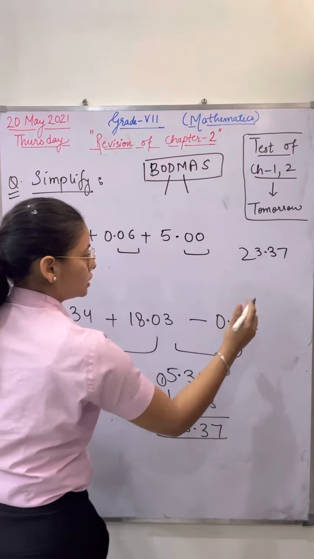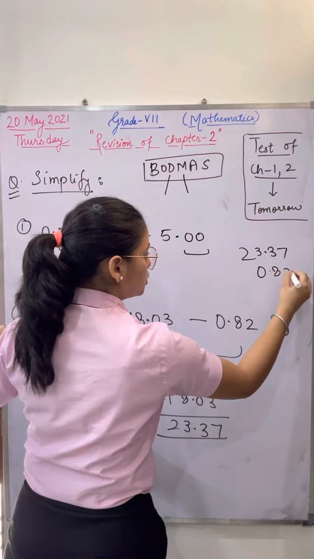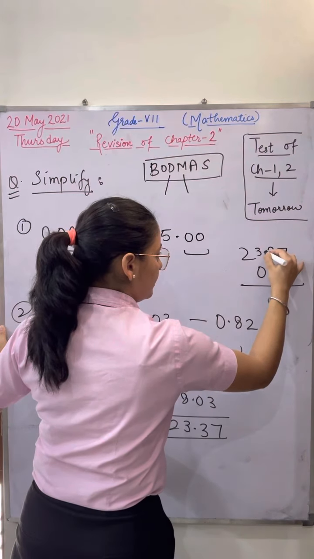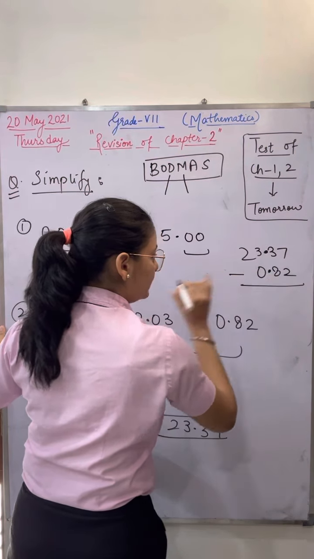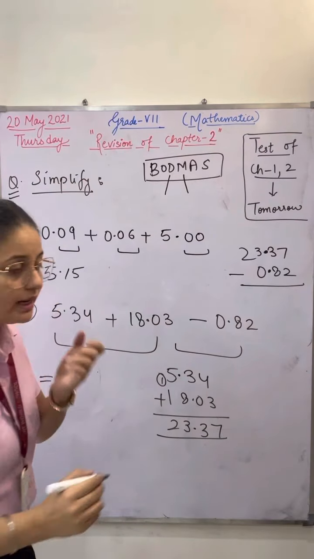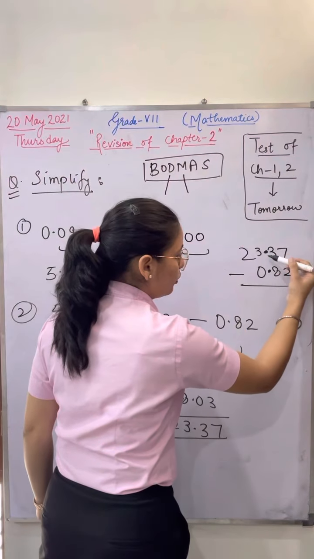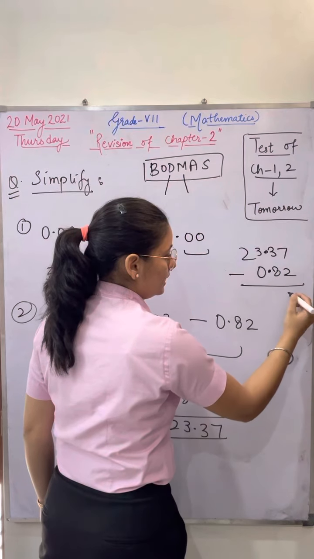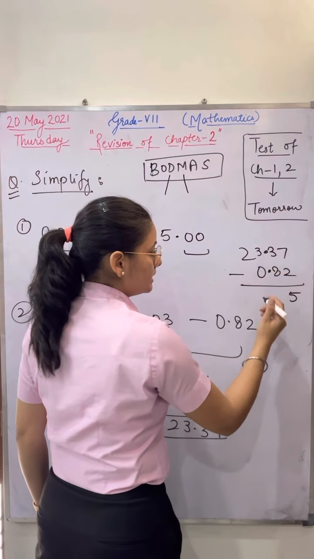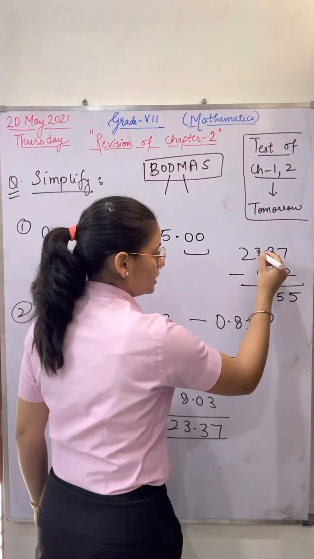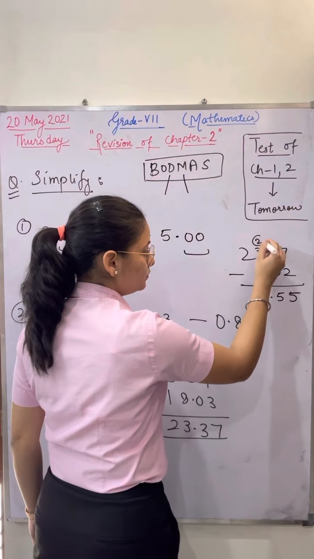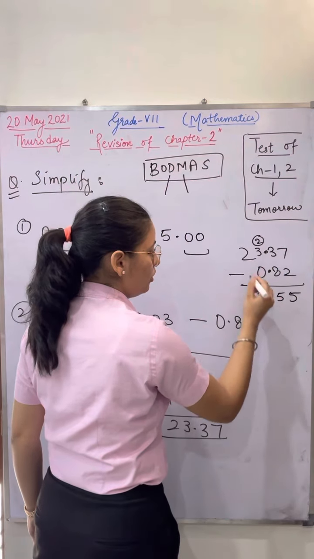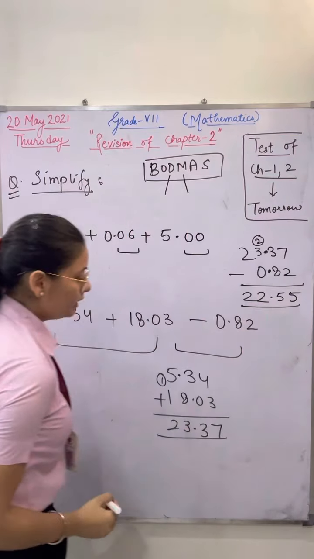Now from 23.37, you have to subtract 0.82. Alright. Please, whenever you are solving these questions, you have to check it out. Under the decimal, only a decimal will come. Okay. 7 minus 2, that is 5. 13 minus 8, that is 5. 2 is left here only now. 2 minus 0, 2 and 2 is left. So the answer will be